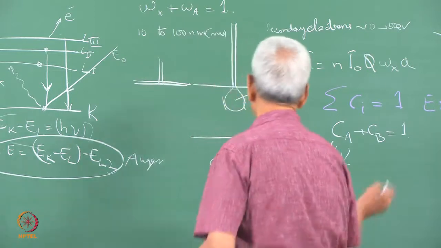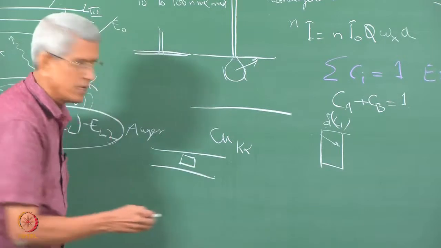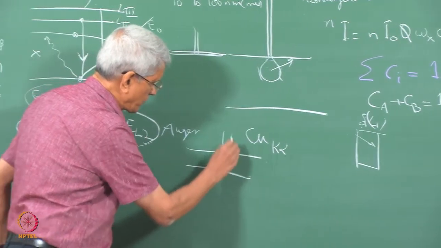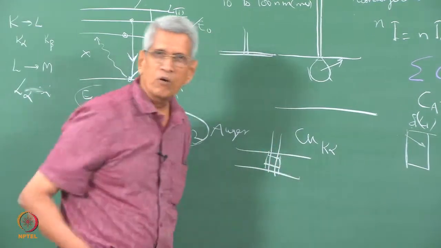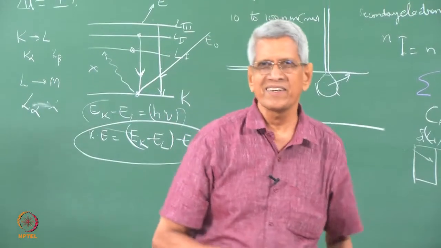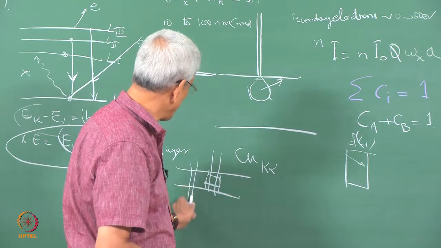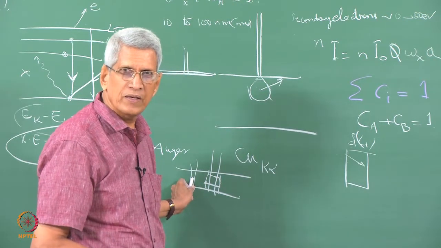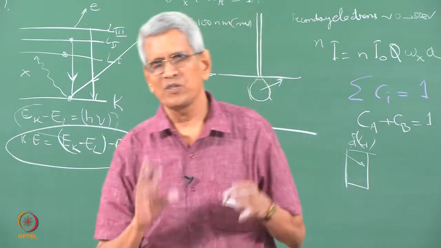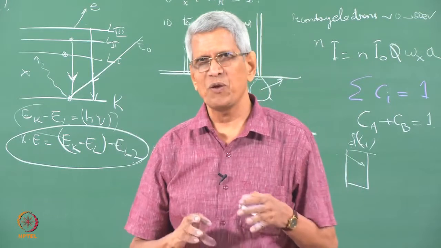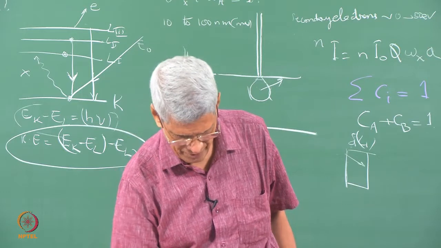Suppose this is the sample, and I assume the precipitate to be a rectangular one, located here. When the electron beam passes through it, we know how much X-ray volume is generated from the precipitate and how much from this region. So we can account for all these things, which is not possible otherwise. Suppose this region does not contain precipitate; from this region we can find out a composition, then we can apply a correction. These are all things which one has to think about, depending upon the type of information we look for, and devise experiments to get the correct information.